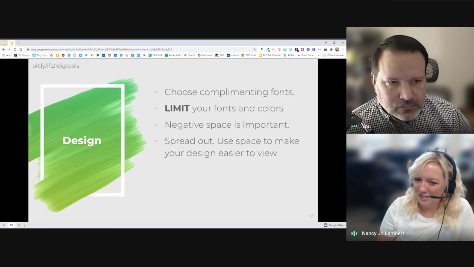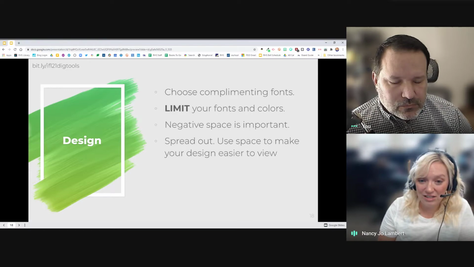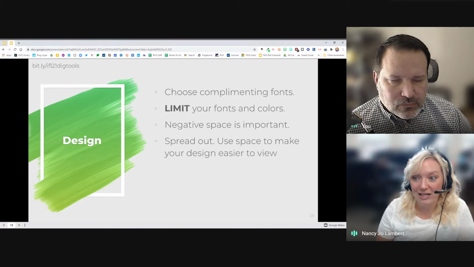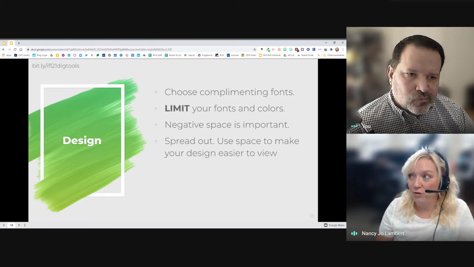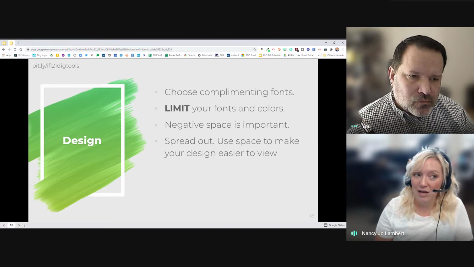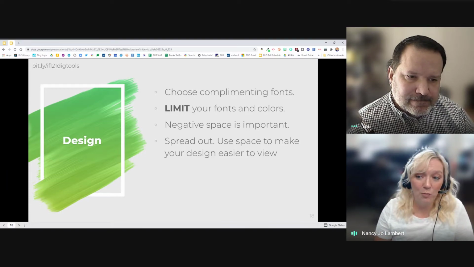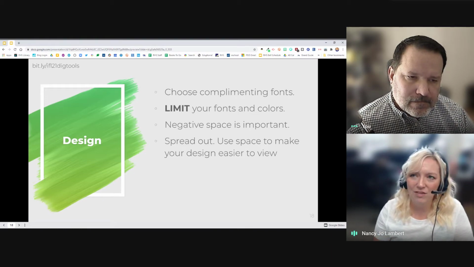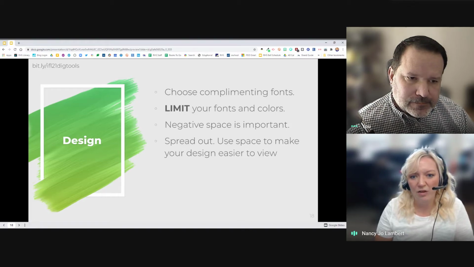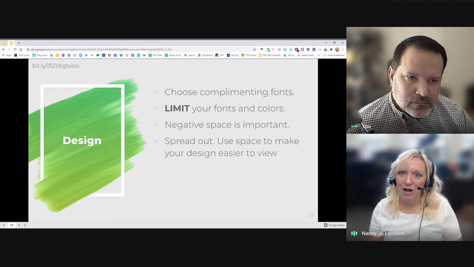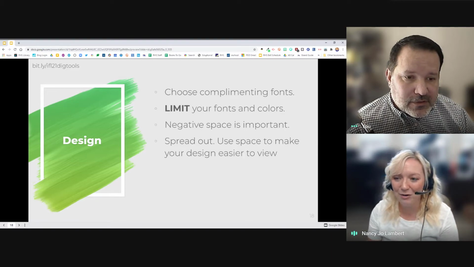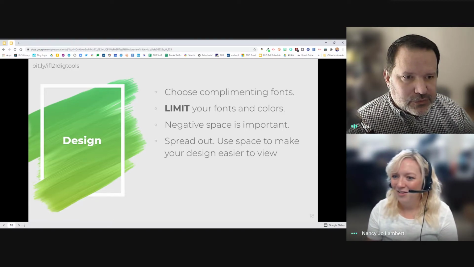Yep. A lot of times we see people presenting, because we go to a lot of conferences, and their slides have just so much on them. If that's how you like things, that's fine. But when you are sharing and presenting with other people, and this is what I always tell my kids, it's one thing if this is just for you, but when you're showing it to a lot of other people, you want them to be able to take in the information. So make sure that you're not putting 25 pictures on a slide. Some of my favorite presentations are when the slides are just one picture.